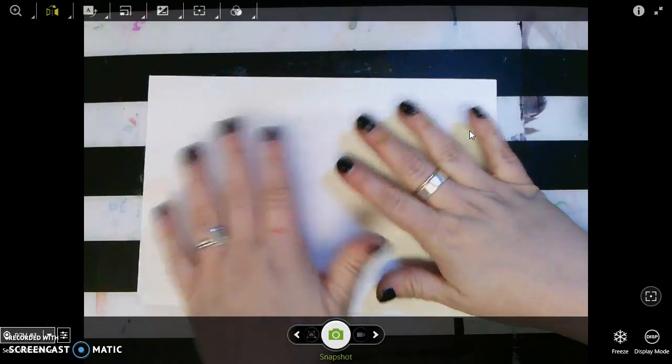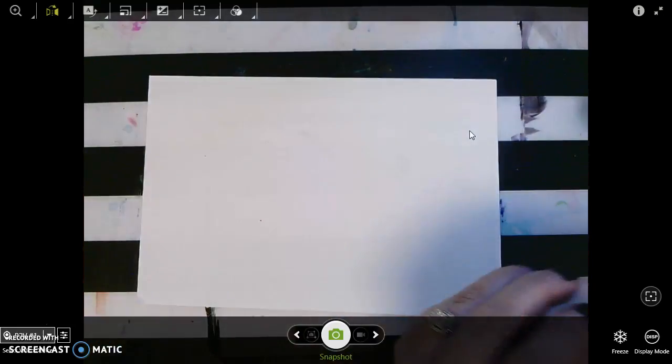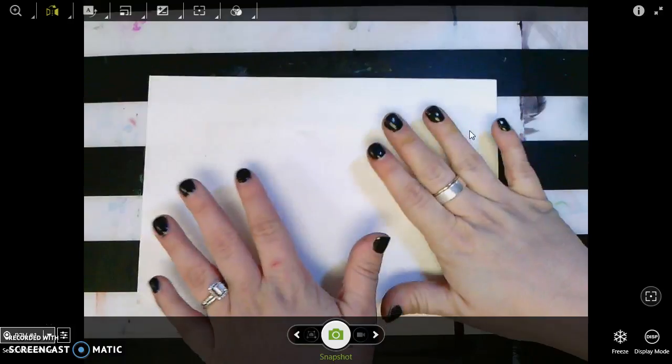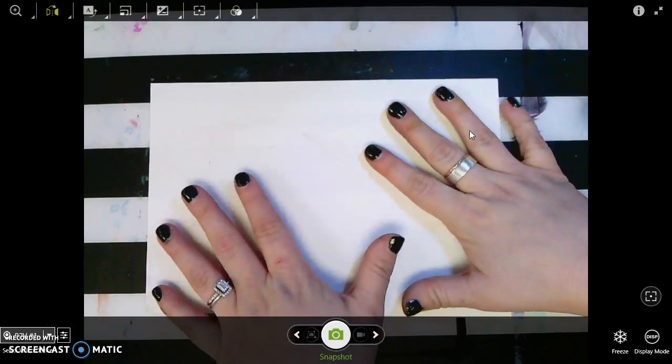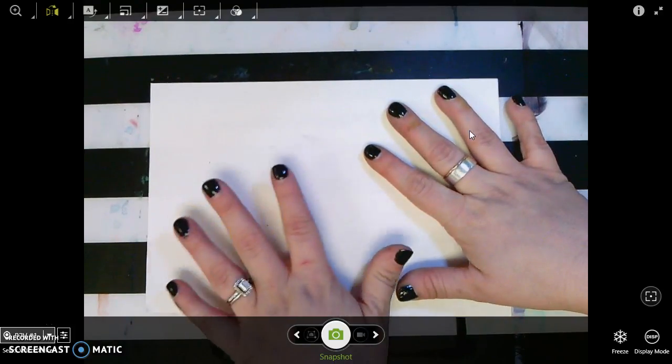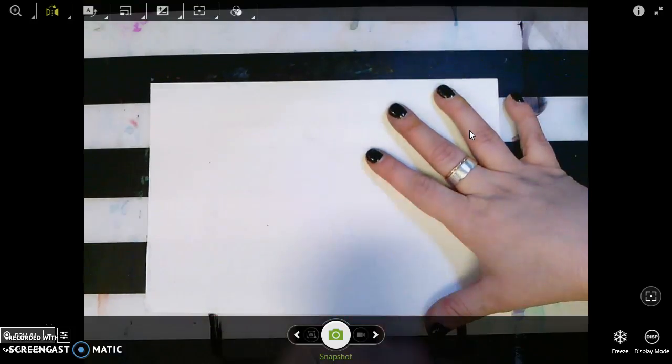Now, once you have your name and your class code, now it's time to paint. And we're going to make an abstract. We're not going to paint anything on this paper because we want to fill our whole background with colors. And we want to do colors that represent us. So if blue is your favorite color, then you're going to want to put some blue on there.